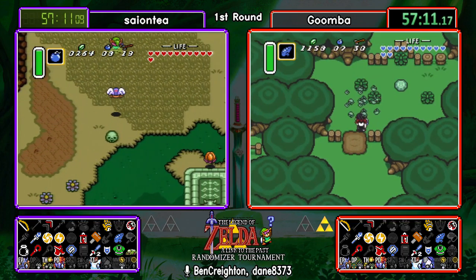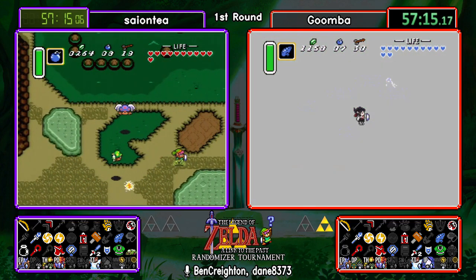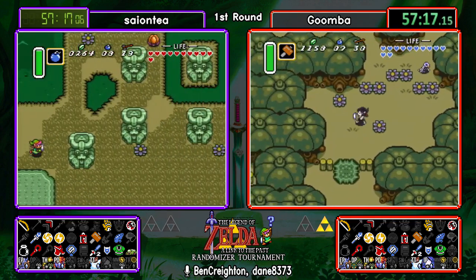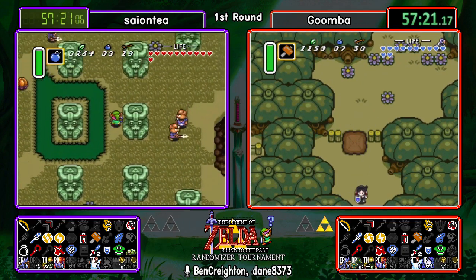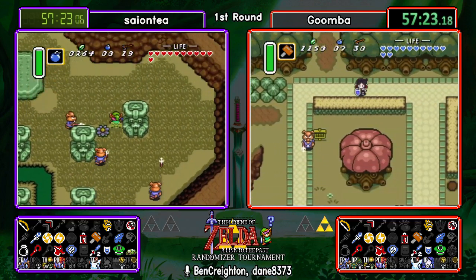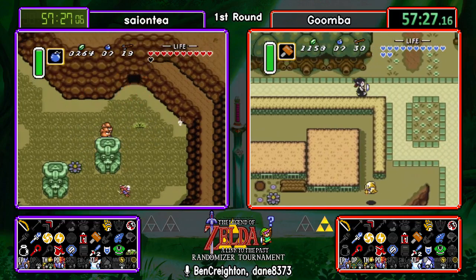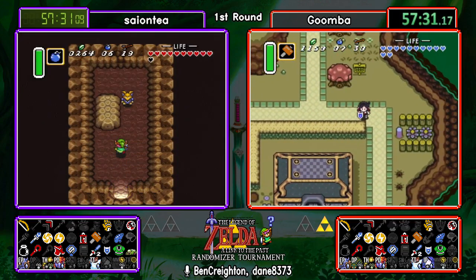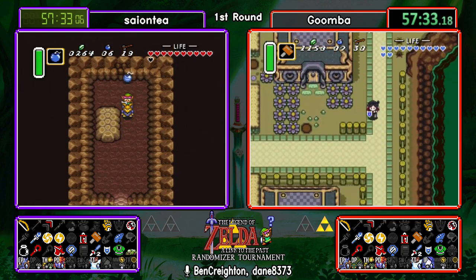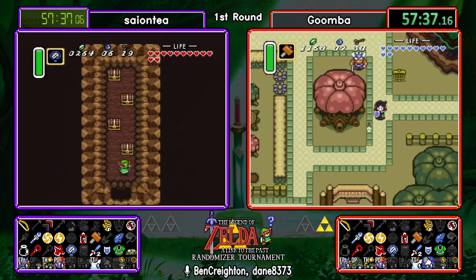And we just got a bottle from the purple chest, so now saiontea can check Sick Kid. It's been a little late for our first bottle, but who knows? Maybe that'll be something. Looks like Goomba's gonna go do that Smith's Chain as well. Yeah, Goomba's starting to run out of better things to do, so...